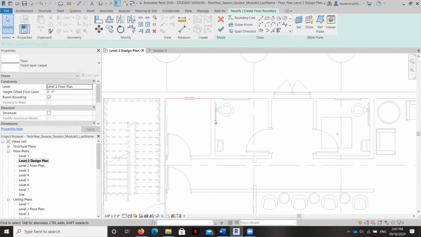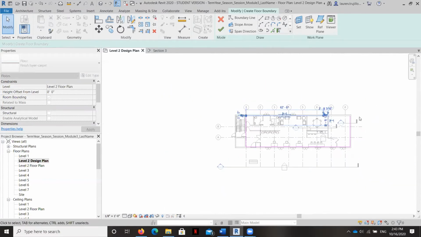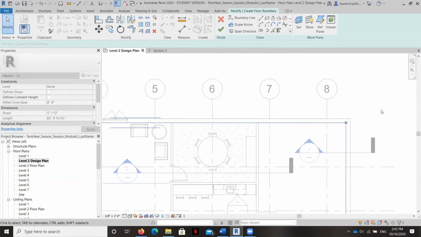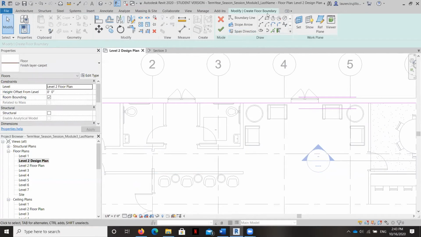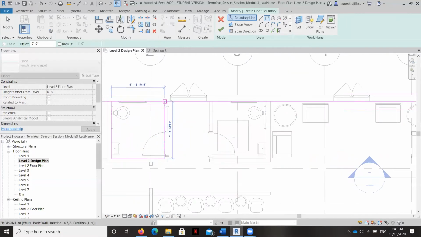Actually, it'll be quicker if I do it this way. Let's take a look. What I'm doing now is cutting out the hole where I want the tile to be.